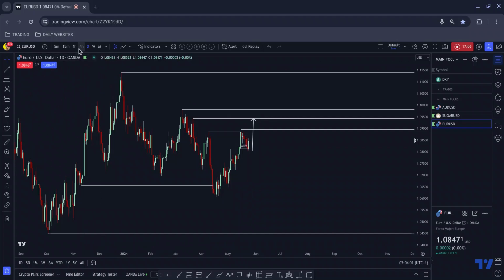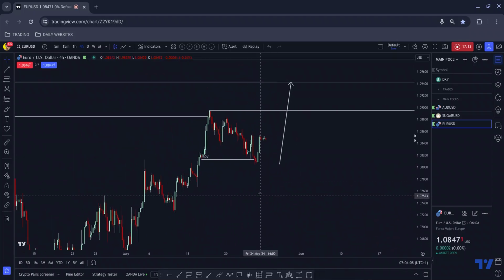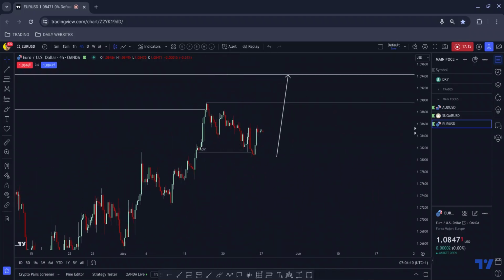So as I drill down, you can see that we have a little consolidation there, which price has tapped into and responded to impulsively. Now, why did it respond to that? Well, likely because this area of consolidation was the retest of the back end of this. Okay, so it's an area of significance, and then we get this which breaks below there but doesn't tap into that area of value. We then wick to the area. What happens when we wick to it? We usually come back down to fill the area. We do fill the area, and now we've had that impulsive move up followed by a correction afterwards.